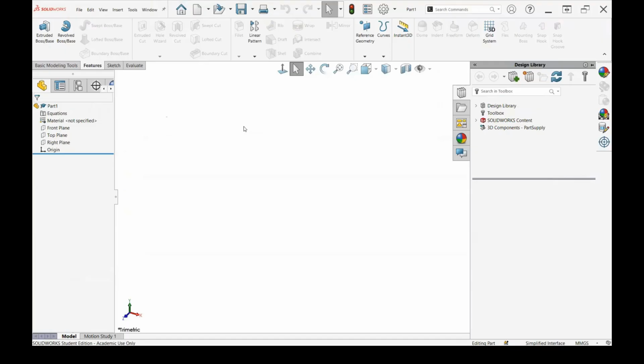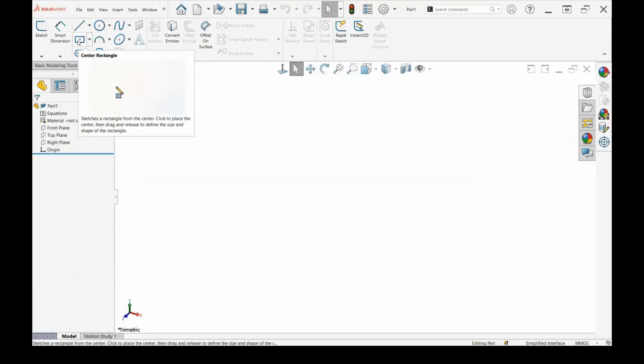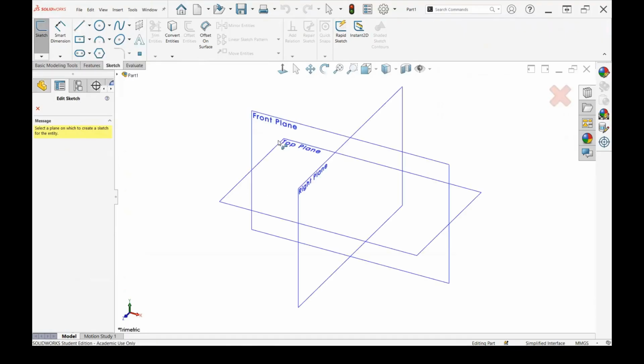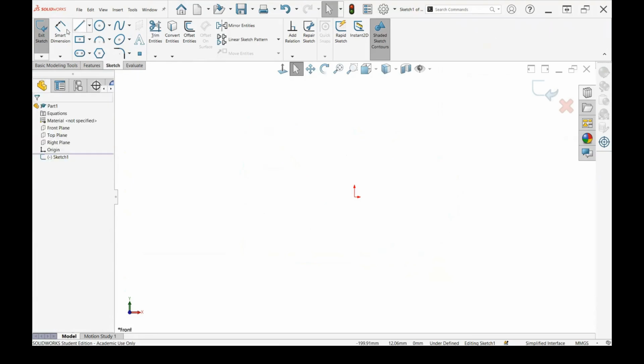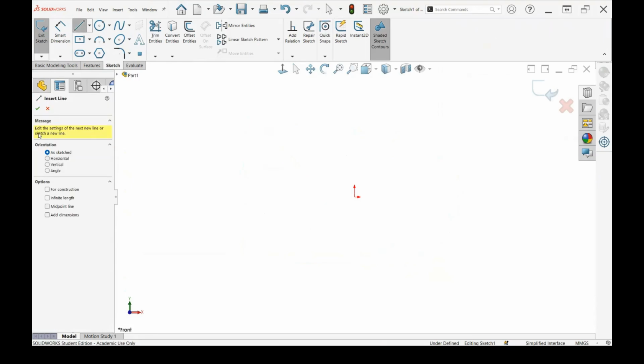So what would happen if we did, instead of a predefined center rectangle, we decided to use lines to generate this? So I'm in Sketch, I'm creating a line, I'm selecting the front plane, line, and then on my options here, I'm going to select for construction, infinite length, and then I'm going to give it a horizontal.